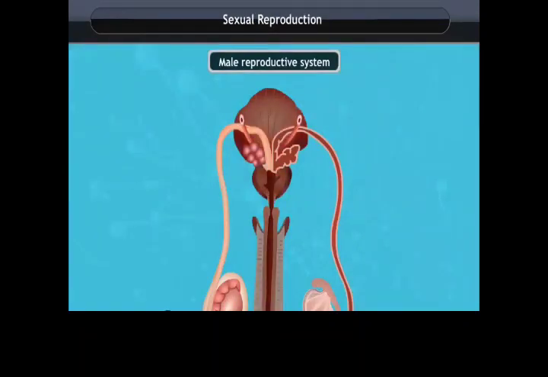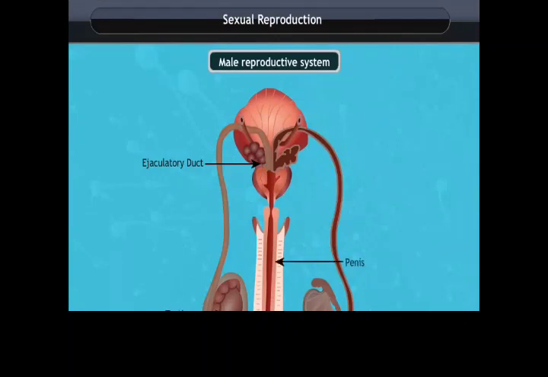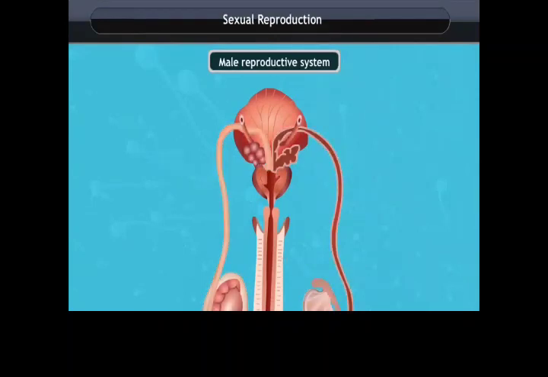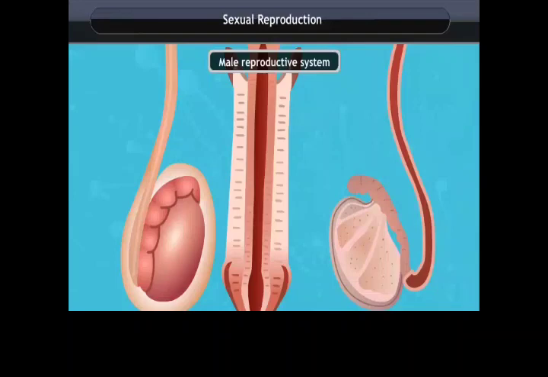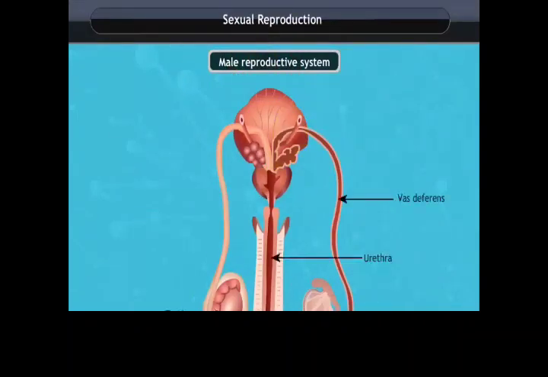Male reproductive system. The male reproductive system consists of portions which produce the germ cells. Other portions deliver the germ cells to the site of fertilization. The formation of germ cells or sperms takes place in the testes. These are located outside the abdominal cavity in a scrotum. Testes secrete testosterone, which regulates the formation of sperms and brings changes in the appearance of boys at the time of puberty. The sperms formed are delivered through the vas deferens, which unites with the tube coming from the urinary bladder. The urethra forms a common passage for both the sperms and urine.